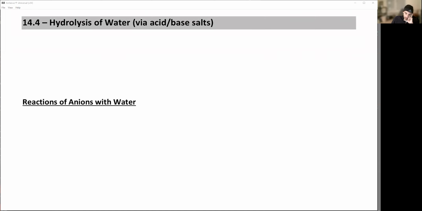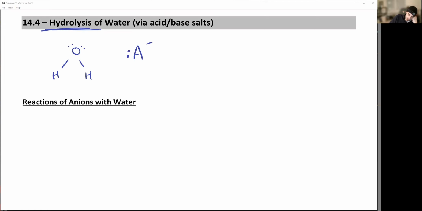All right, last little bit, 14.4, the hydrolysis of water via acid and base salts. We're going to talk about what this whole salts thing means in a little bit, but let's just talk about what the idea of the hydrolysis of water is. Again, if I have a water molecule and it can be somehow broken apart by a substance, so if I introduce a base to it,